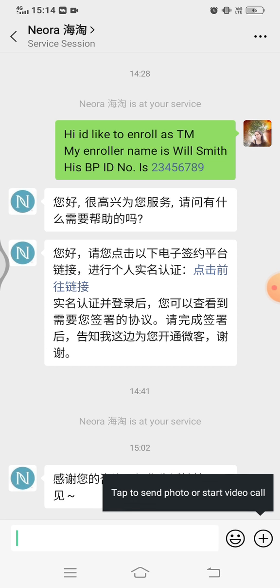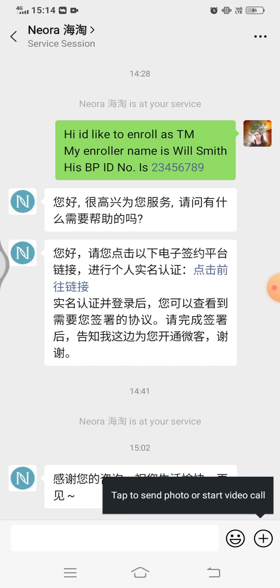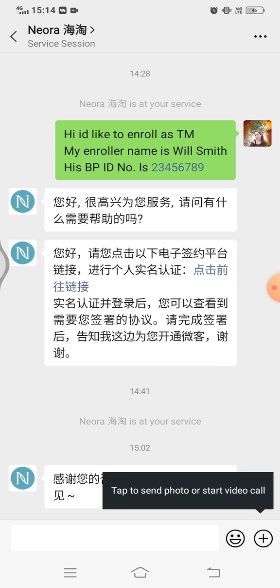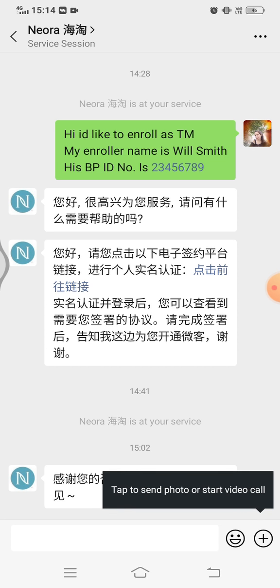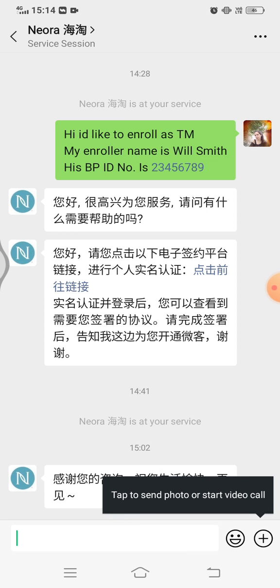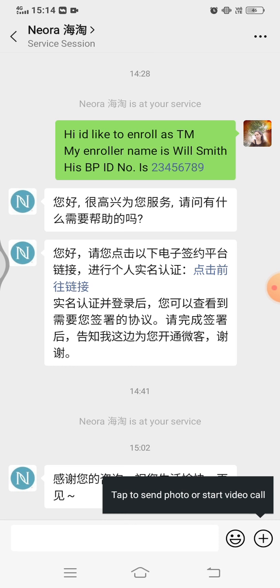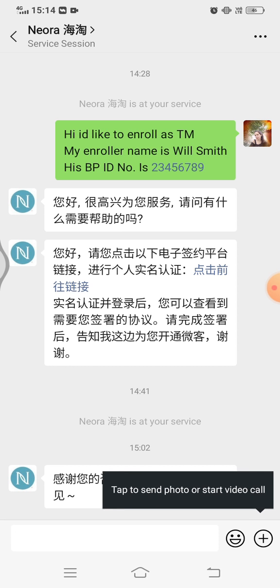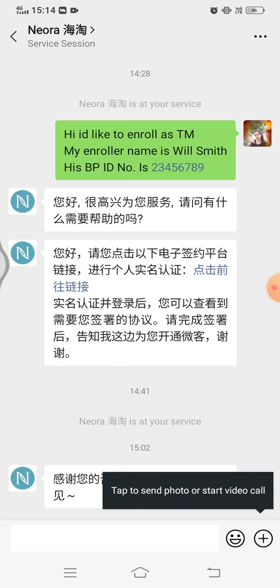In here, considering the commission received, your team manager can choose to sign the e-agreement right away for receiving commission at the end of the month. The CS agent will send over a website link for the team manager to sign, which is like the second message from the customer service agent, now showing on the screen. You may find there is a blue highlighted sentence, which is the link to the website for them to sign the e-agreement.